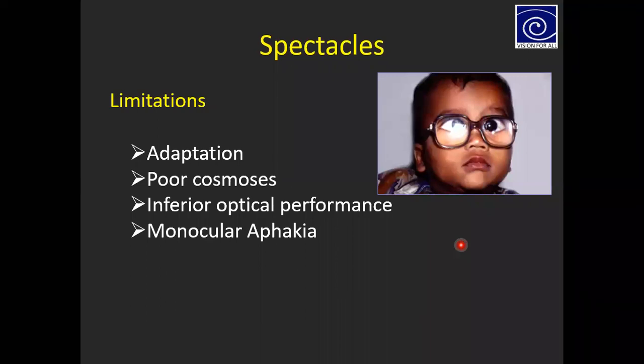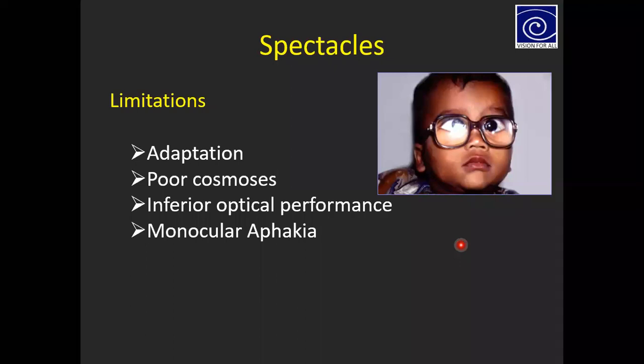In children, if the child is aphakic and the eyeball is so small, with an eyeball size of 17 mm, it is already short by about 7 mm from the adult eyeball axial length. That 7 mm itself leads to about 21 diopters of refractive error. And then there is aphakia.